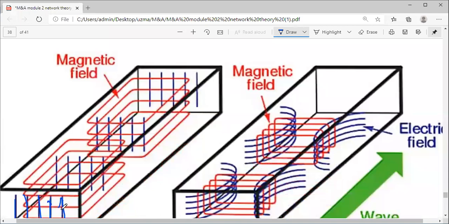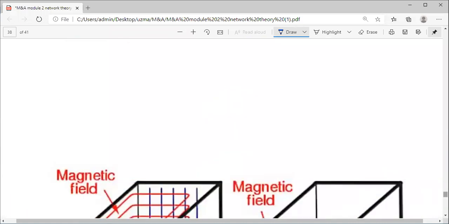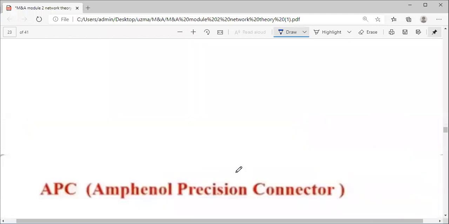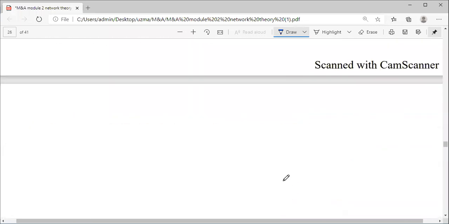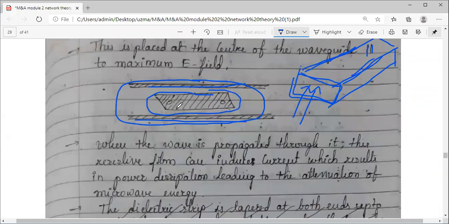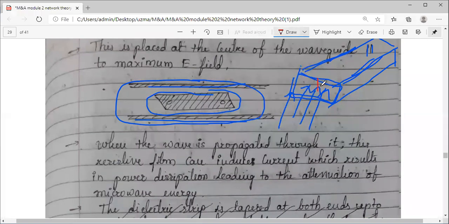So how the field lines look, you can see the electric field is like this, vertical in direction. So if I consider this here in my figure, suppose this is your waveguide and a wave is entering like this. How will the direction of the electric field be? It will be something like this, vertical.